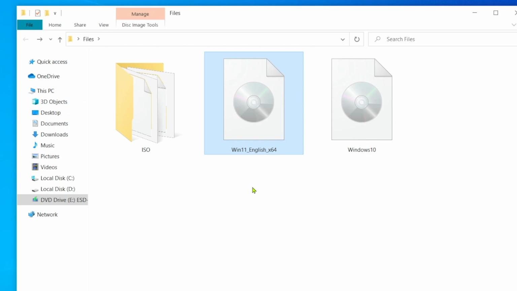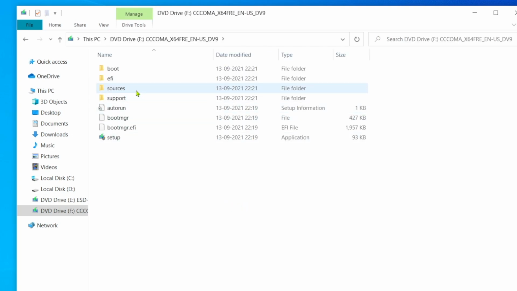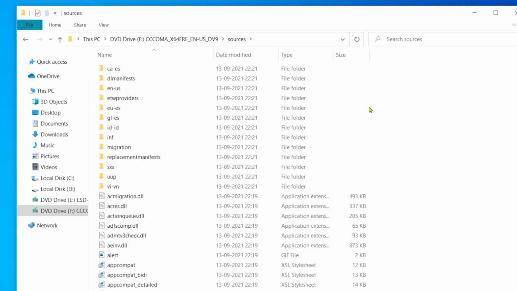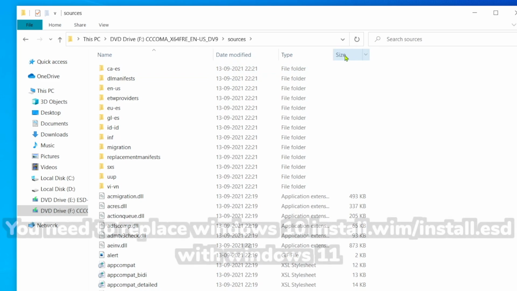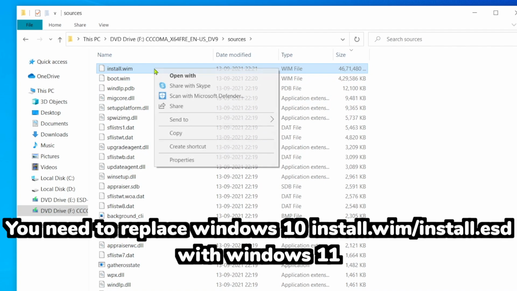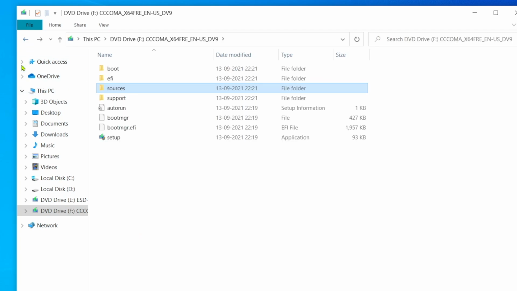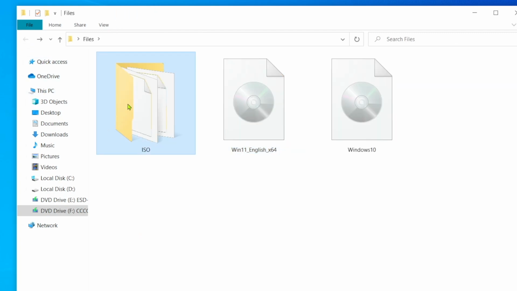Once it's done, mount the Windows 11 ISO. Inside the Windows 11 ISO, go to the sources folder and look for the file called install.wim. This file is very important. Copy this file. Now come back to the folder where you copied the Windows 10 files.